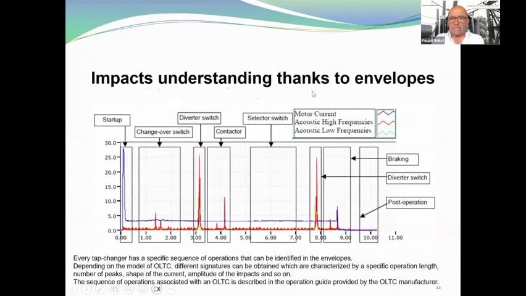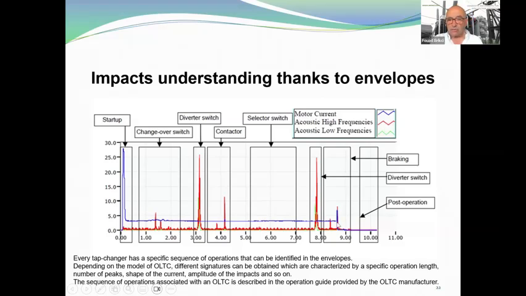So impacts in the standing and text on the envelope. This is the hardest part of the Vibroacoustic. We call it the Vibroacoustic interpretation. Every tap changer has a specific sequence of operations that can be identified in the envelopes. And depending on the model of OLTC, different signatures can be obtained, which are characterized by specific operation length that